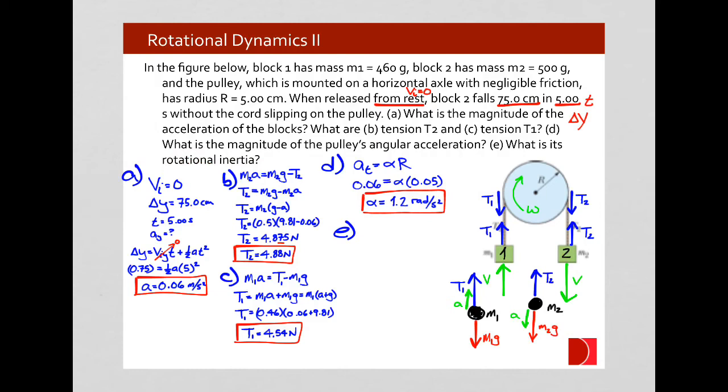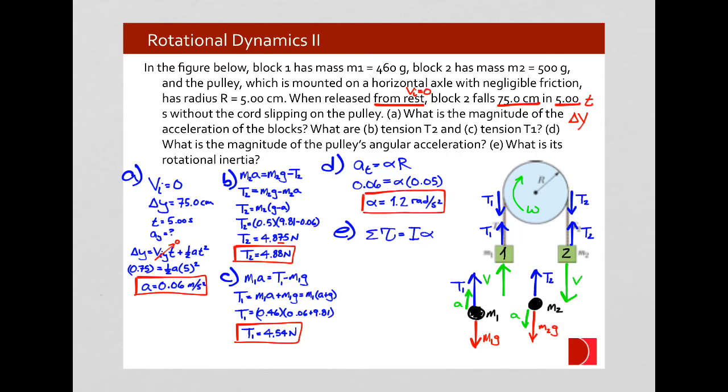The equation there then is that the sum of the torques is the rotational inertia multiplied by the angular acceleration. We know the angular acceleration, we don't know the torques, but we can look and we see what forces are acting on